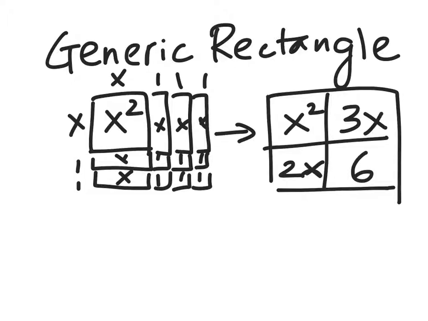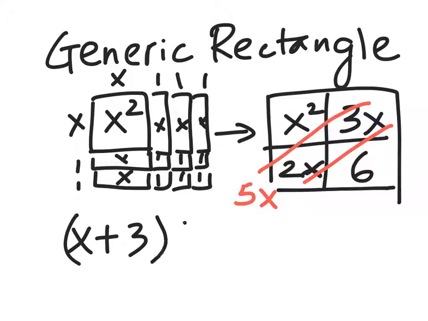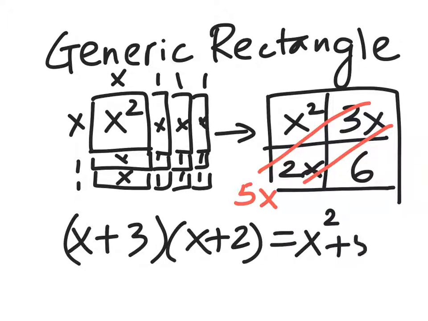So I notice that these two diagonals, between the 3x and the 2x, can be collected into 5x. In other words, I can write x plus